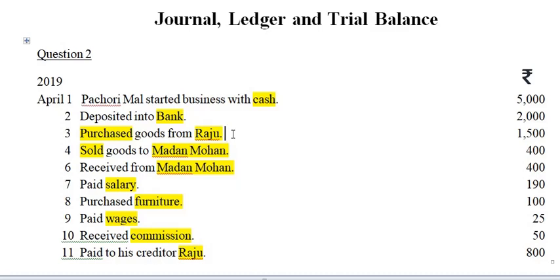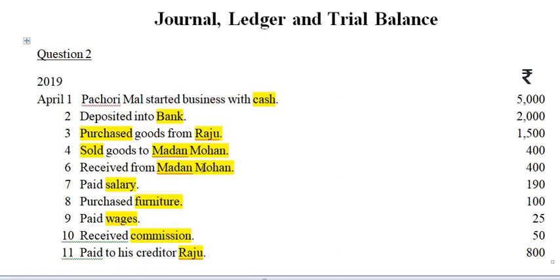And similarly, on this 4th of April, you can see out here, sold goods to Madan Mohan. You are selling goods to Madan Mohan. And cash or bank is silent. It's not mentioned out here. But the name of a person to whom you are selling, that is your debtor, is mentioned, Madan Mohan. So it is a credit transaction. So this is how you will identify whether the transaction is cash transaction or credit transaction. Okay,